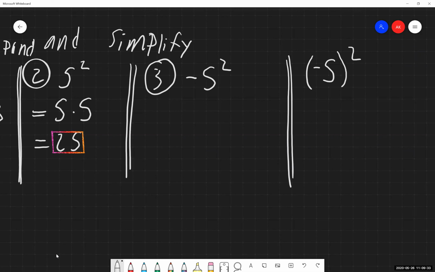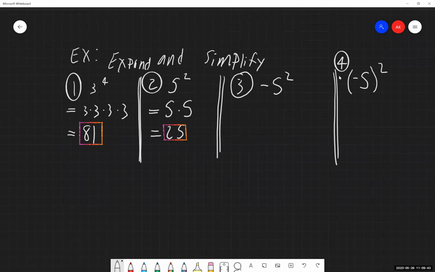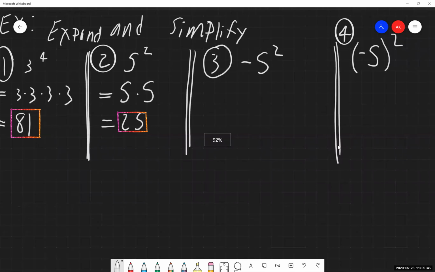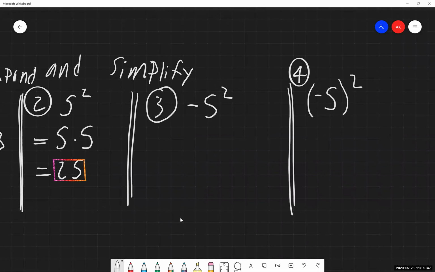We have the quantity negative 5 squared. So in our fourth example, we have the quantity -5 squared. Now, examples 3 and 4 look extraordinarily similar in the sense of, well, it's a -5 and there's a squared, but one has parentheses. And should that really matter with identifying the base? And yes, it absolutely does.